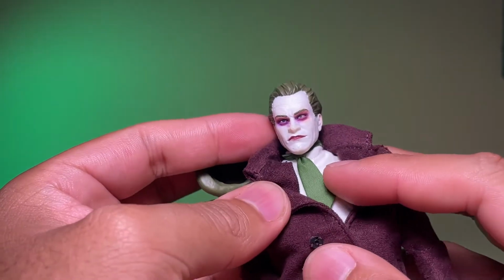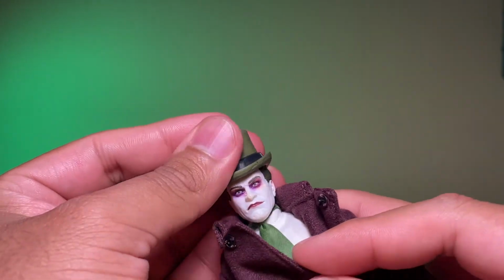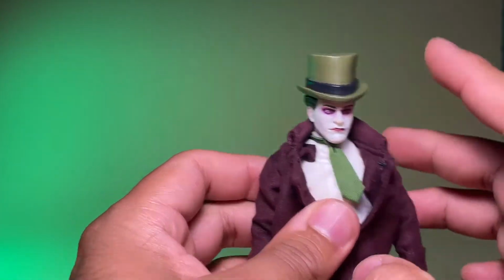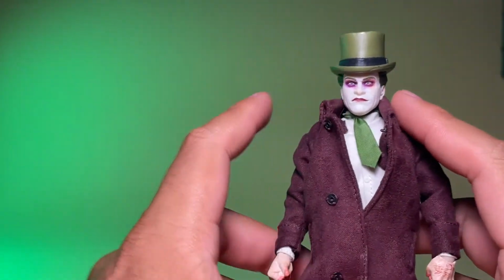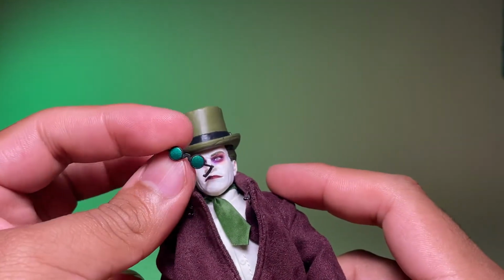Now, to make this a little bit more old-timey England, he comes with a nice top hat, which definitely adds to the aesthetic, almost Mad Hattery, but I think this improves this head sculpt a lot more. He also comes with these glasses, these circular glasses. He's got the...